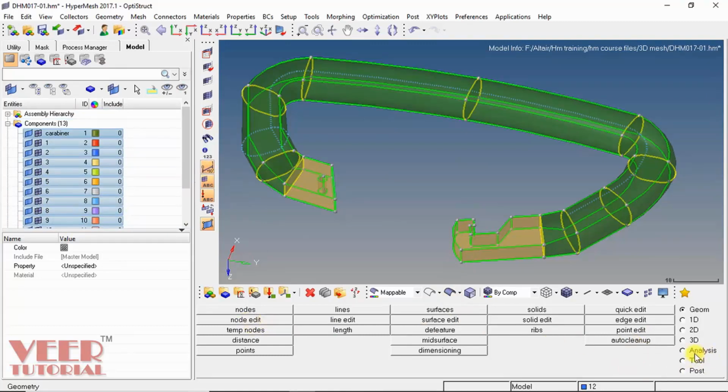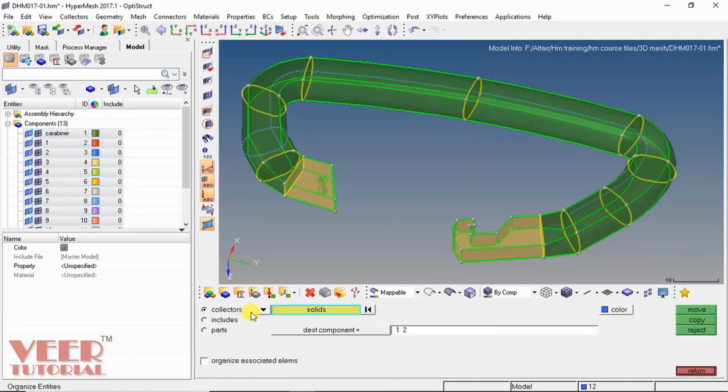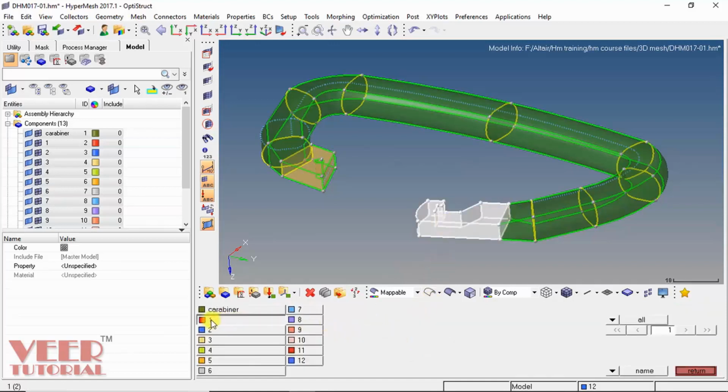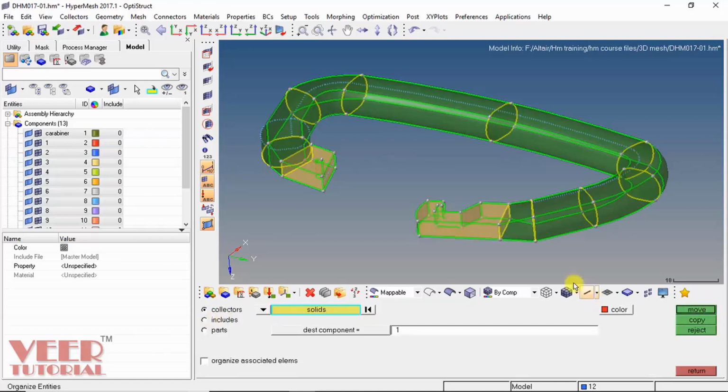And then go to tools, organize, and now we are going to assign each solid to a different component. Like this is the first solid, so in this option go to solids, select the solid and destination, click on this destination, click on this one and move. Select the second solid, move to second, and just keep on continuing the moving.